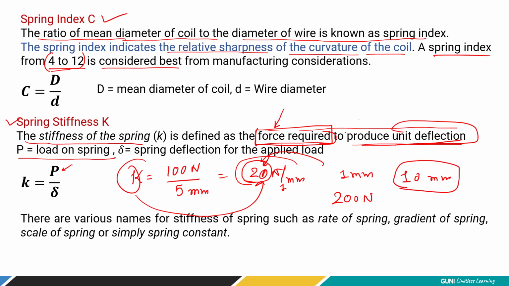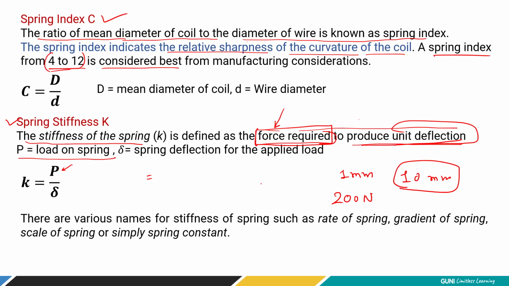So you have to use these characteristics to design the spring, right? It's a unique characteristic of each spring. Now we can discuss, what if K is very small? What if K is very high? If K is very small, it means even with a smaller force applied, it deflects by a large value. If the K value is very high, let's say 5000 Newton per millimeter, it means that the spring is very stiff, and you have to apply a very heavy load before it is going to deflect.